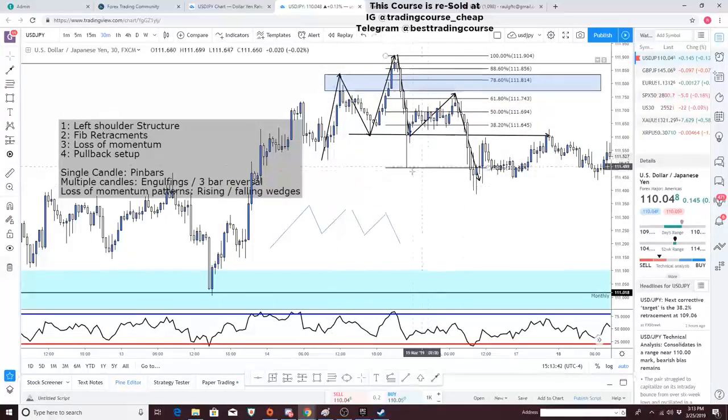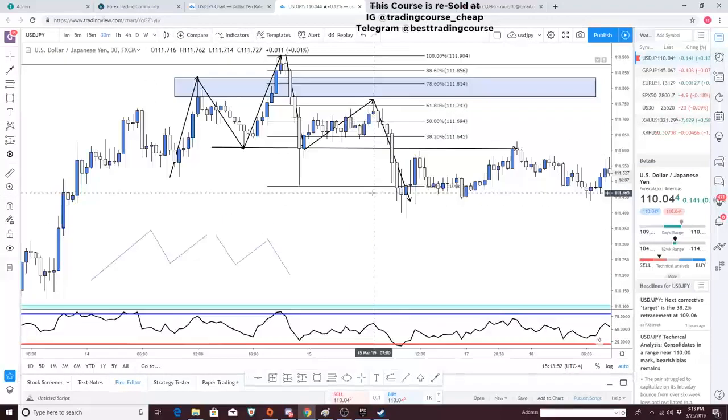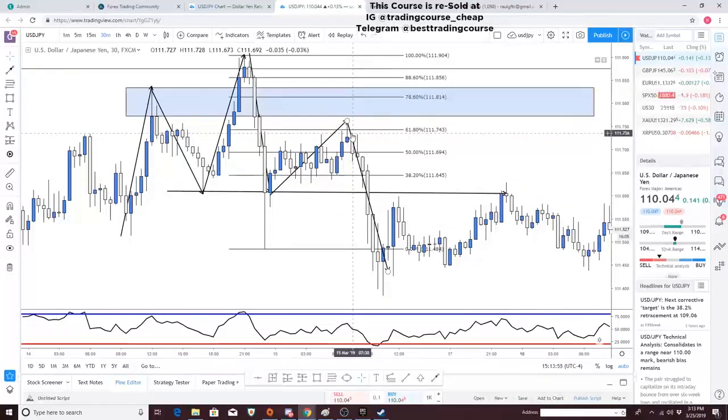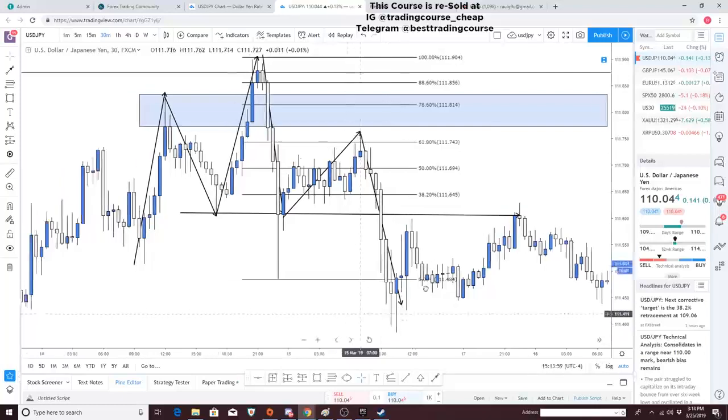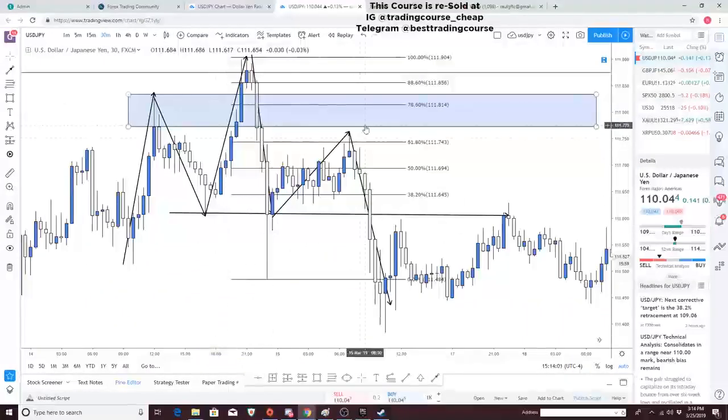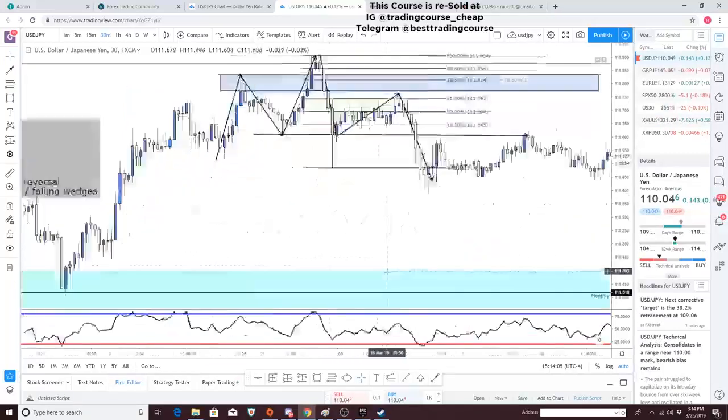Now, of course, every head and shoulders pattern is going to be different. But another thing we could also look for is that loss of momentum. And then normally, like I said again, we'll be treating this like a regular pullback setup. So waiting for a PRZ level. So this specific example is on the 30-minute time frame. But let's say if it was on the 4-hour time frame, then again, you wait for the engulfing candlestick at that PRZ level, then look for the break of structure on